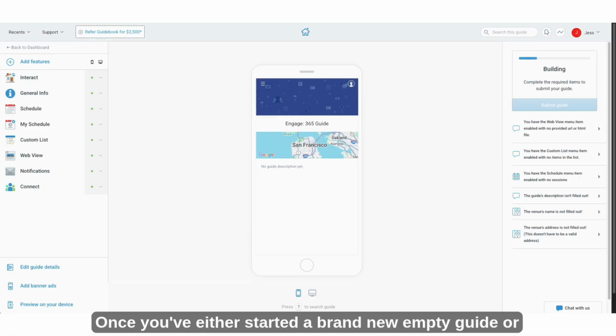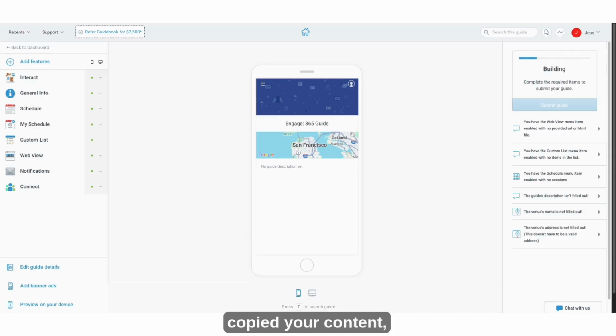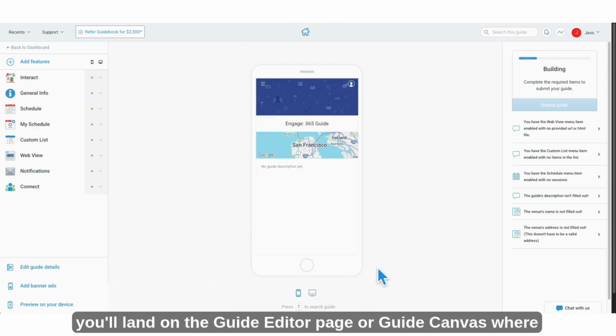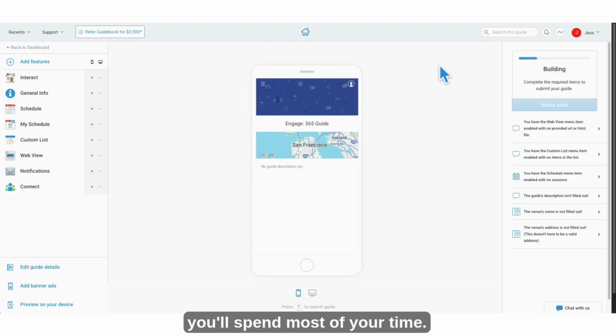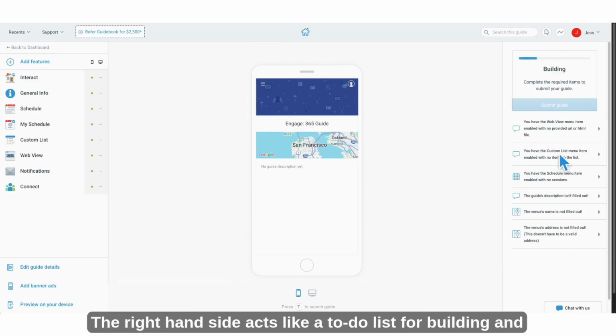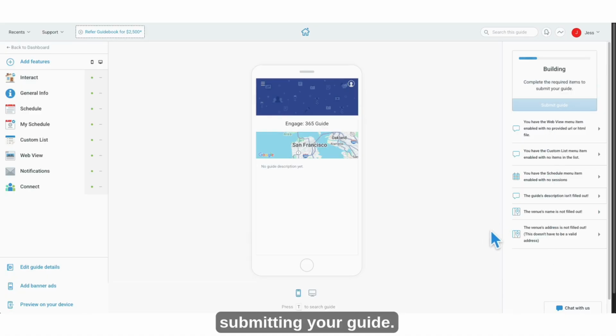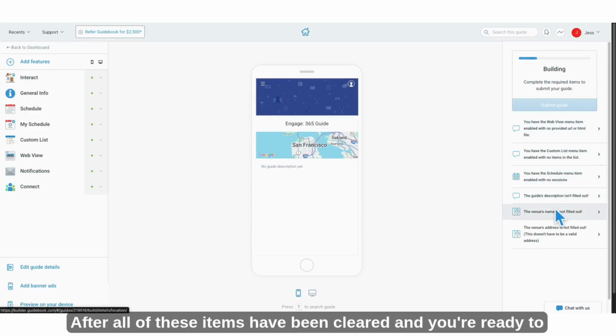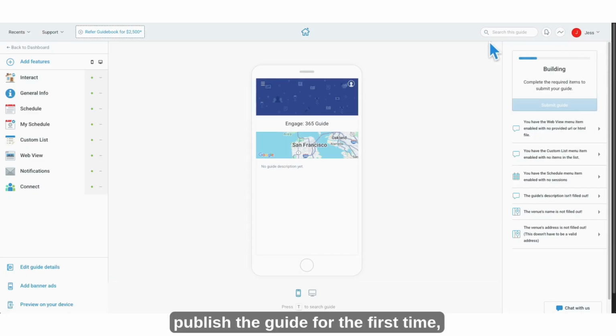Once you've either started a brand new empty guide or copied your content, you'll land on the guide editor page, or guide canvas, where you'll spend most of your time. The right-hand side acts like a to-do list for building and submitting your guide. After all of these items have been cleared and you're ready to publish the guide for the first time, hit